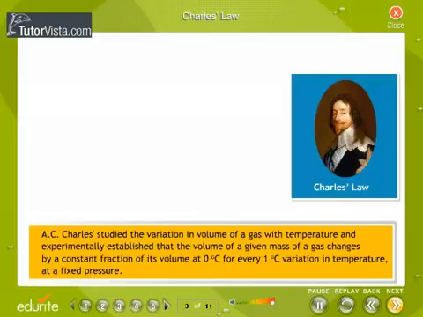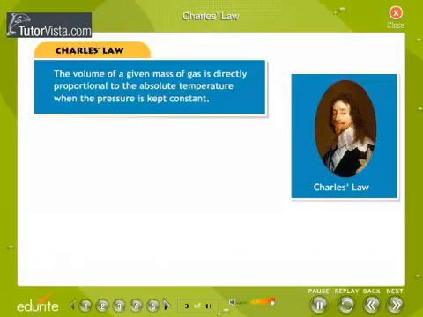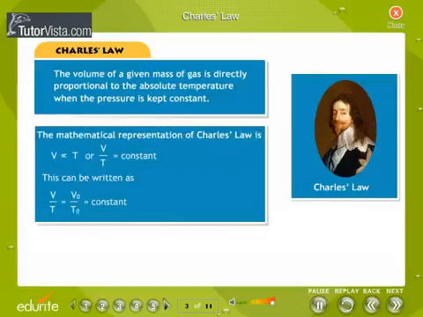Charles' law. A.C. Charles studied the variation in volume of a gas with temperature and experimentally established that the volume of a given mass of a gas changes by a constant fraction of its volume at 0 degrees Celsius for every 1 degree Celsius variation in temperature at a fixed pressure. This relation is called the law of volume or Charles' law. According to this law, the volume of a given mass of gas is directly proportional to the absolute temperature when the pressure is kept constant. The mathematical representation of Charles' law is